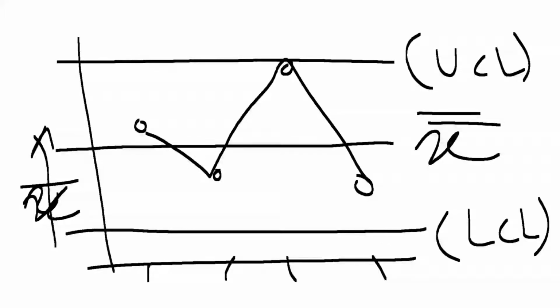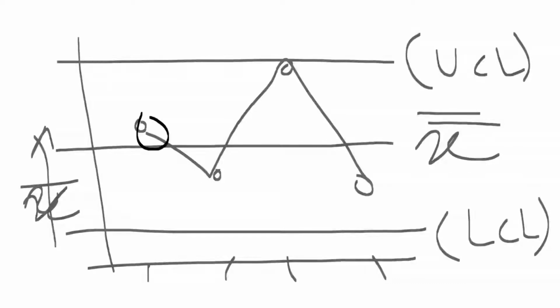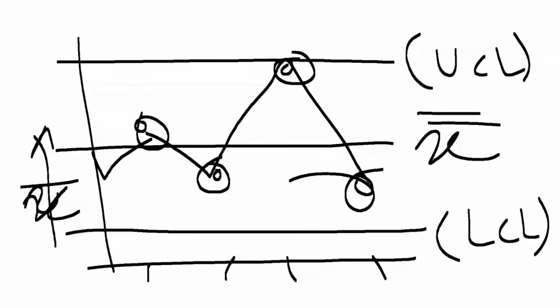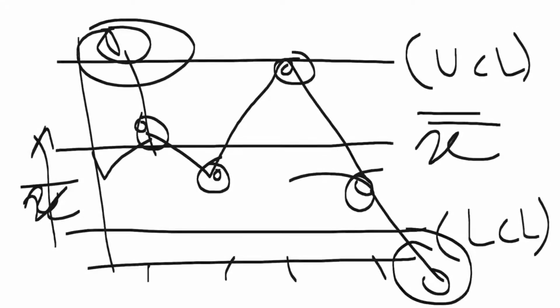So first of all, the main thing is how it is drawn. First you have to take the grand mean, then UCL and LCL, with the calculations and formulas as we have discussed in the slide. If all the components lie between UCL and LCL, then they are all acceptable. If a component lies above UCL or below LCL, then it is rejected. So the X chart is used for this purpose. So what is the conclusion? The process is under statistical control.